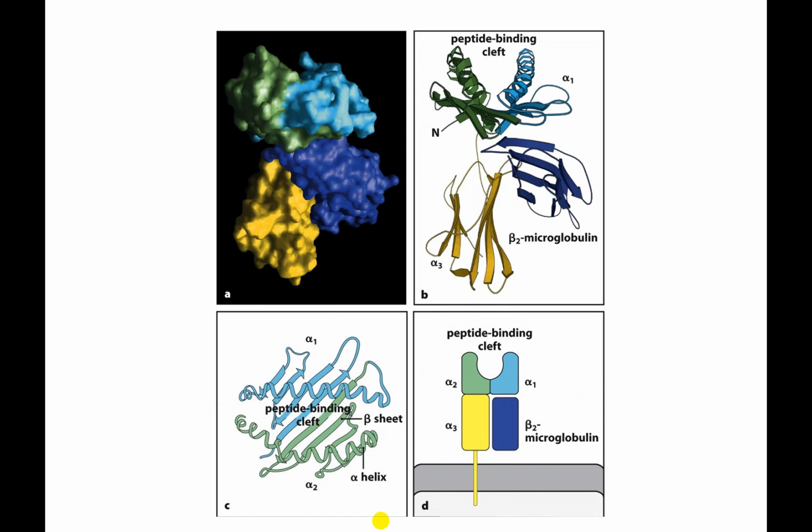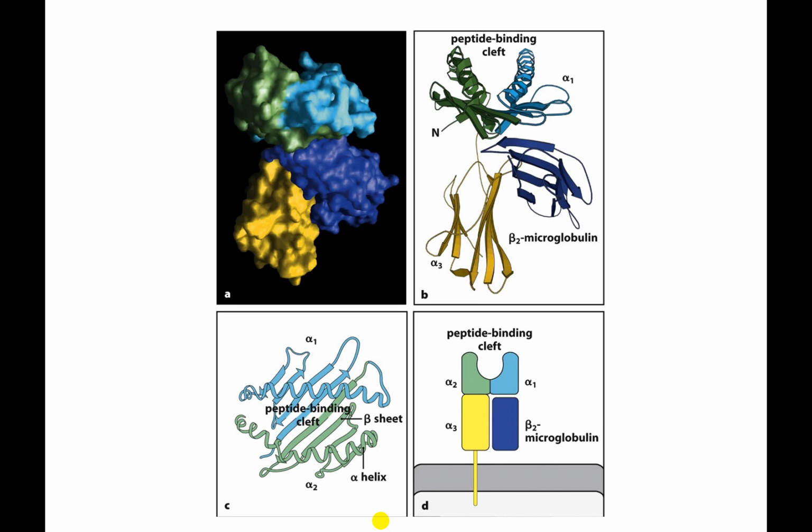There are two classes of MHC molecule having similar three-dimensional structure. This slide shows MHC class 1 structure. MHC class 1 and class 2 molecules are membrane glycoproteins whose function is to bind peptide antigens and present them to T cells. Underlying this common function is a similar three-dimensional structure which is formed in different ways in the